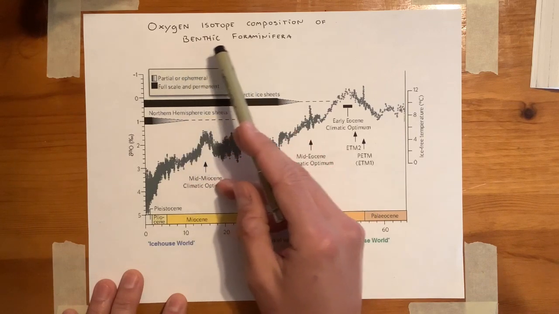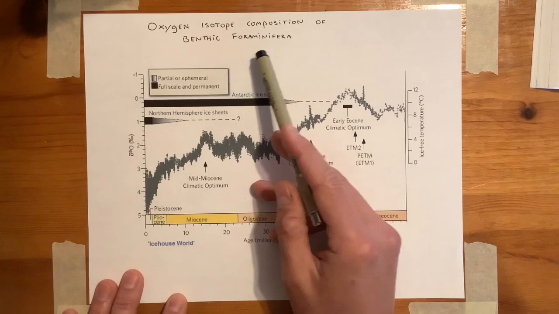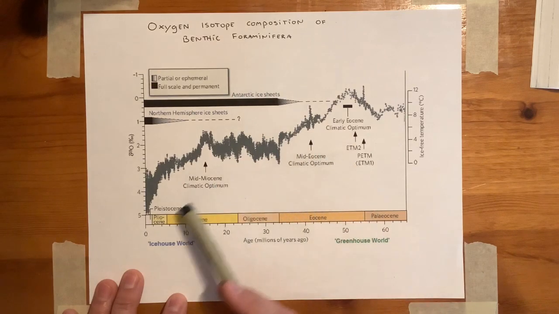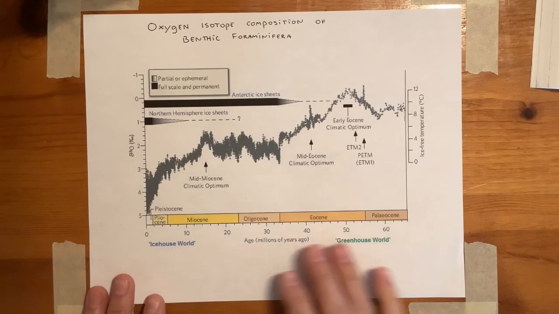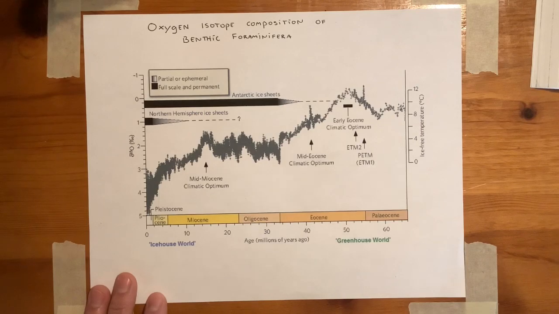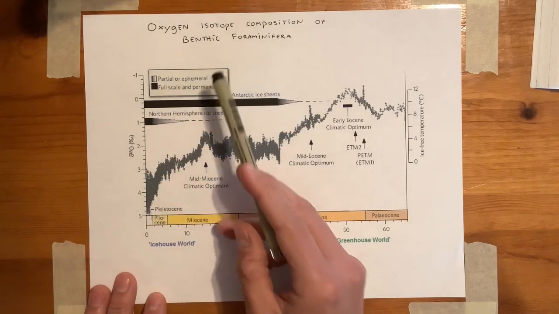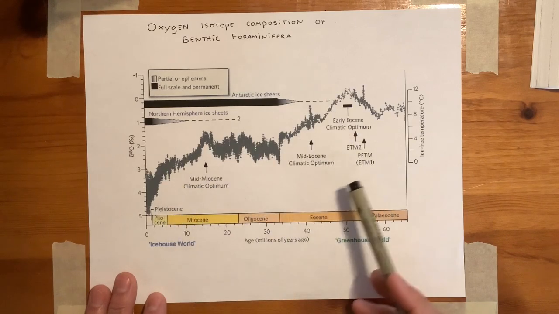And the oxygen isotope composition of these tiny little shells that benthic foraminifera grow is a super important climate proxy through time. This climate record is also the focus of your lab exercise this week, and so we'll spend some time going through this diagram and describing it in complete detail, as well as talking about the different systematics of oxygen isotopes. So we're going to spend a lot of time thinking about how this plot works and what it's